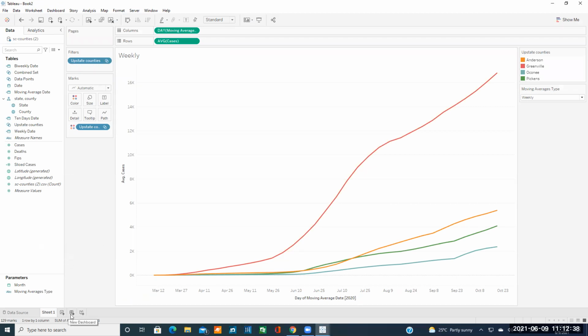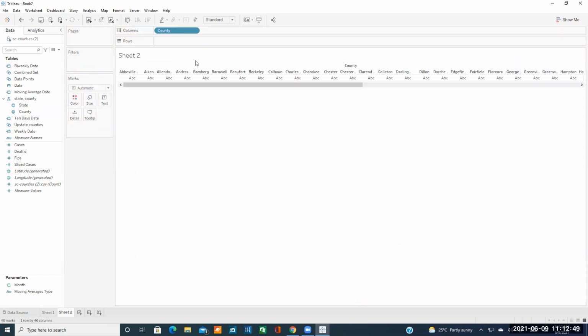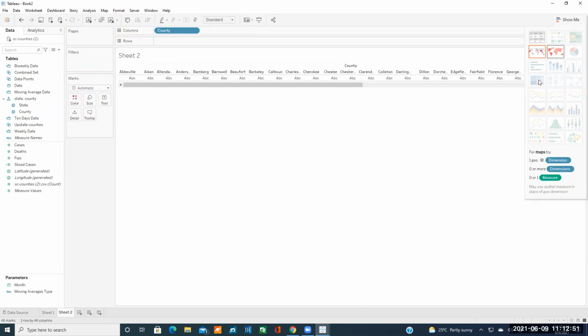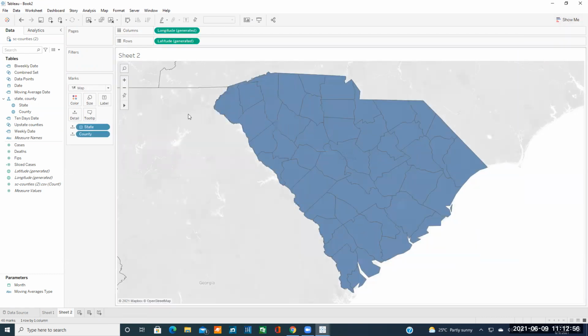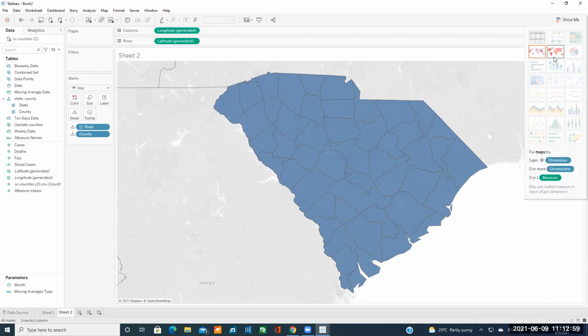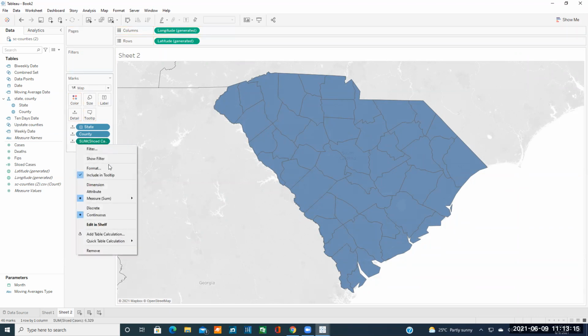I'm going to create a new sheet here and have this map. I just put the counties into the columns and chose this map here, and it would show me the counties of South Carolina. And in order to color these counties, I'm going to